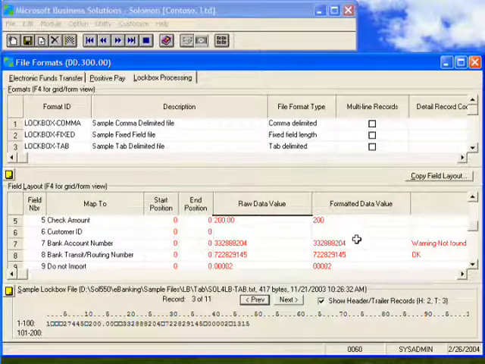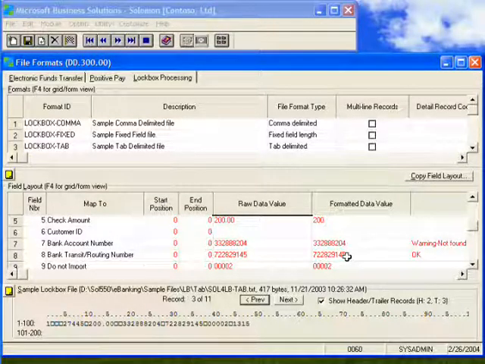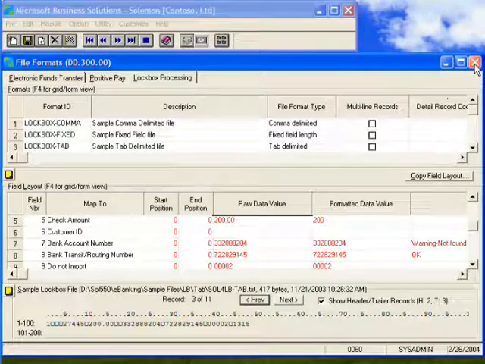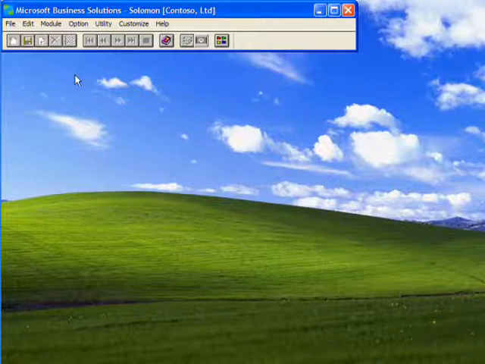We can identify them and troubleshoot and determine if we've got the mapping exactly correct. Once we've done this, generally we won't have to use this screen again unless the bank changes their format, sends us a different type of file, or we may need to add a new bank to our processing. So this is the first step in Lockbox Processing. The next main